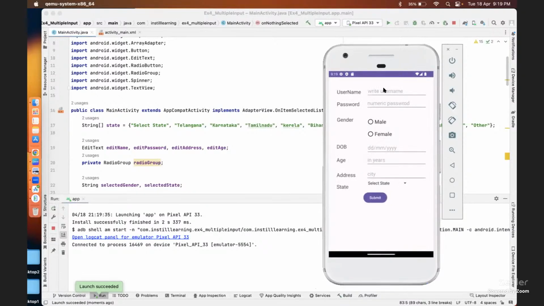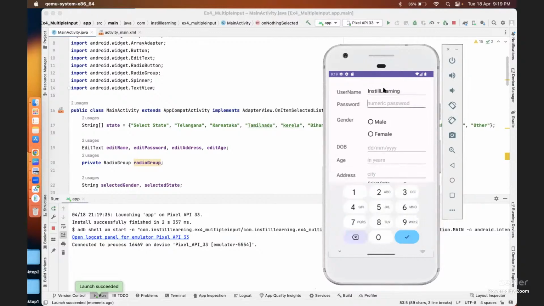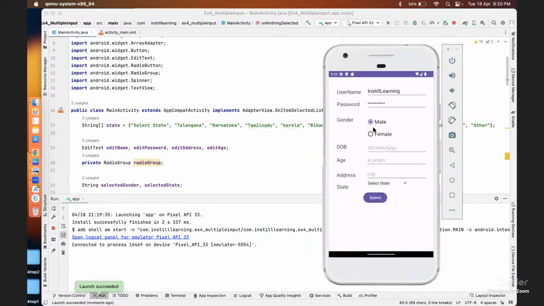So cool. I will just write the username as Instill Learning, and I will give a numeric password as 9110245113. And I'm male, so I'll select male, obviously. Also you notice that we cannot select two things at a time. If I select female, the male will be removed. So I'll just select male, and for date of birth, I will just give